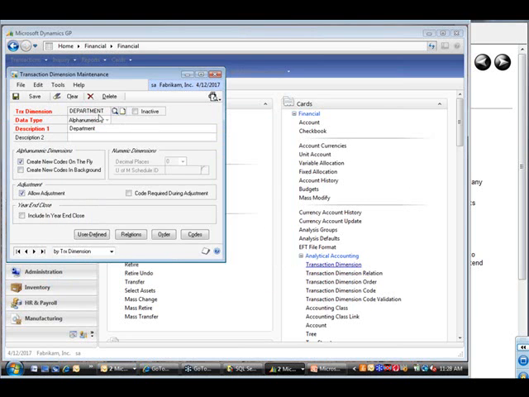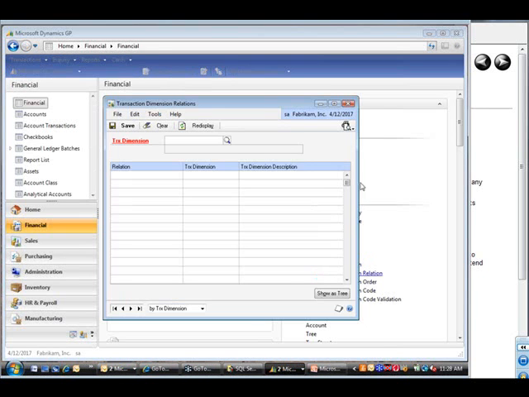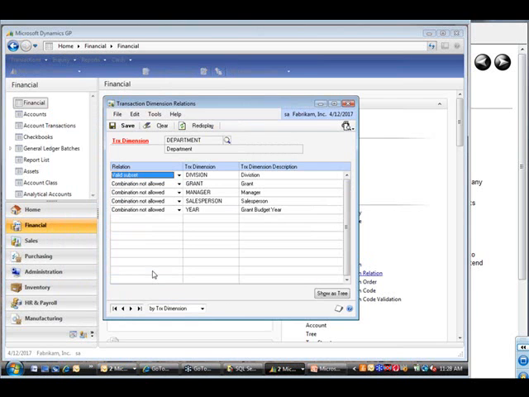When you set one up, it's just a matter of giving it a name, giving it a description, and saving it. Then you're going to come in under the relationships, and you've got to decide, okay, how do these relate to each other? So for instance, in departments, I've told it that this transaction dimension that I set up called division is going to be a valid subset, which means I've got divisions that are underneath my department. And I put combinations not allowed on these others because